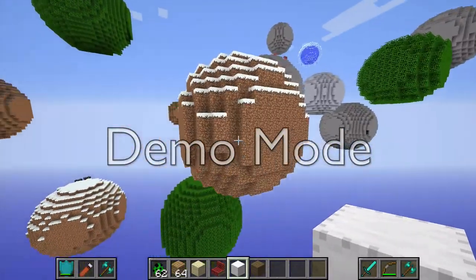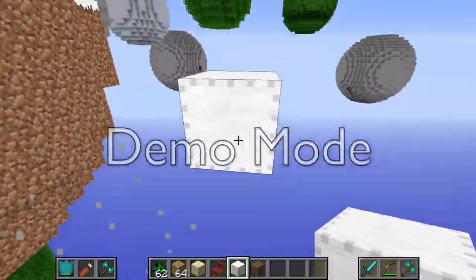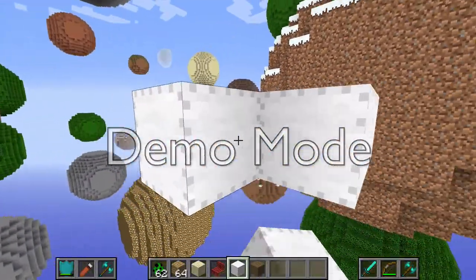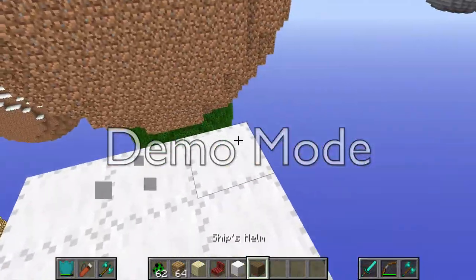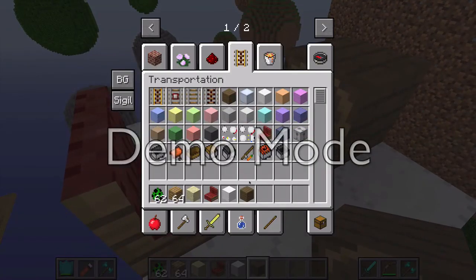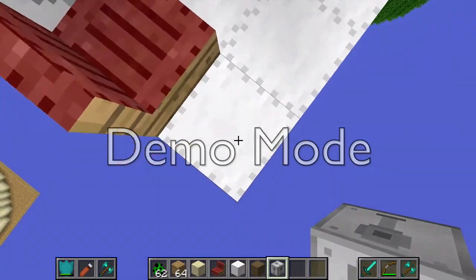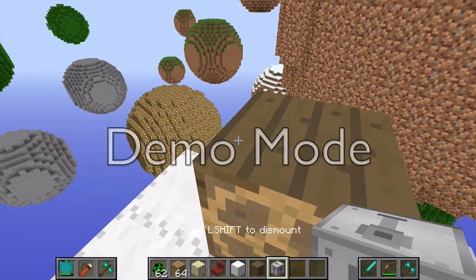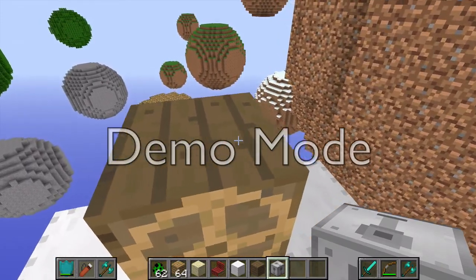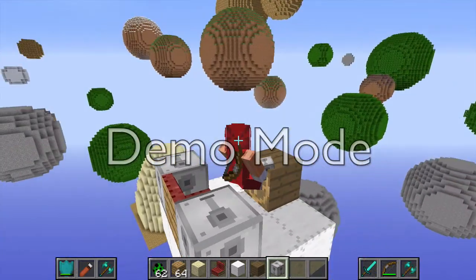And so I can just build out a little platform, make a little 3x3 square, put down a passenger seat and a helm, and that's it. You can add some engines if you want some extra oomph, and then you just compile the ship, mount the ship, and start flying. And I can go up with F and down with V. Normally it would be Z and X, but Z was set to my battle gear, so...